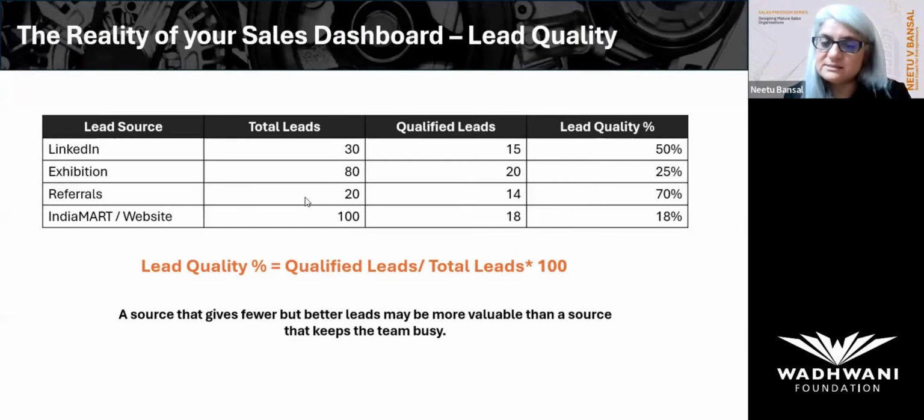But for some categories, they get very good quality of leads, right? And I know some people whose only source of leads is BNI. They don't have any other source. So it depends on category to category. It depends upon the strength of your chapter. It depends upon your own networking skills, right? So please don't just measure leads, but measure quality leads and define what is high quality leads for you.